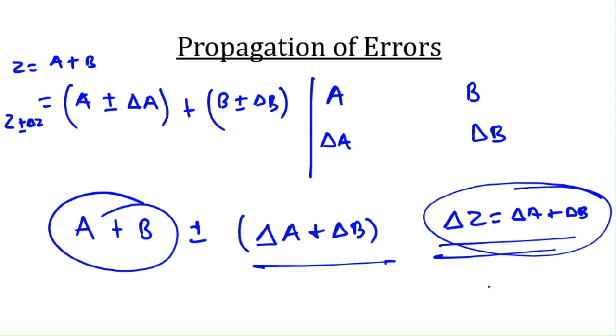So if we have two different measured values, and the absolute errors are delta A and delta B in these two values A and B, and we are adding or subtracting, we will get the net error in Z, that is delta Z, and it can be obtained from these two absolute errors by just summing them. Now